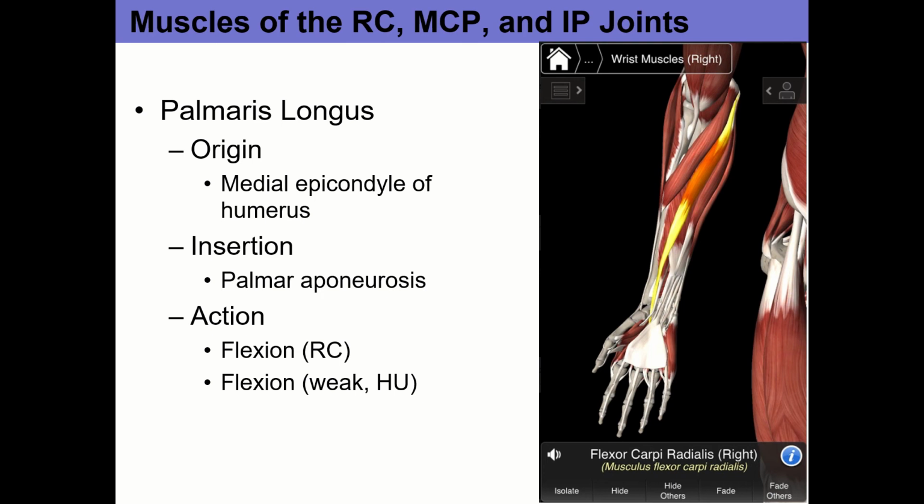What is that? So an aponeurosis is a flat sheet of connective tissue. And so obviously it's on the palm. And so the palmaris longus muscle inserts into this flat sheet of connective tissue here. That's your palmar aponeurosis. So palmaris longus is a flexor at the radiocarpal joint. And then because of its origin up here on the medial epicondyle, it's also a weak flexor at the humeral-ulnar